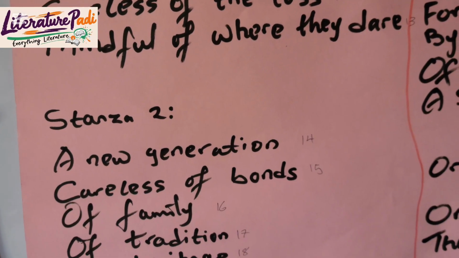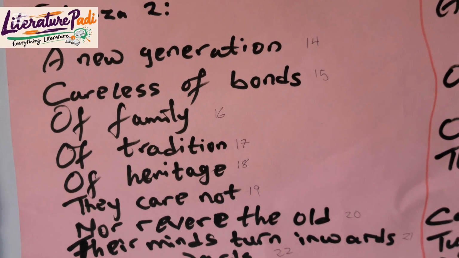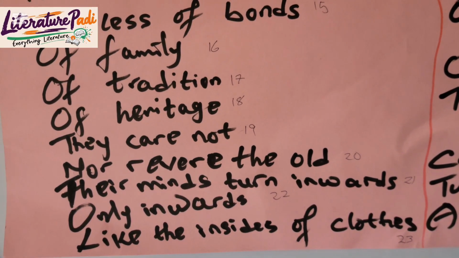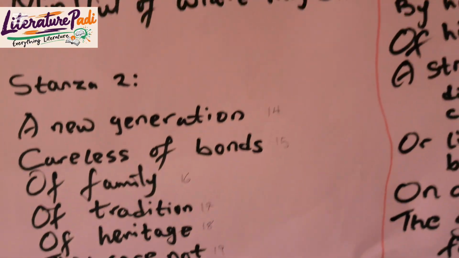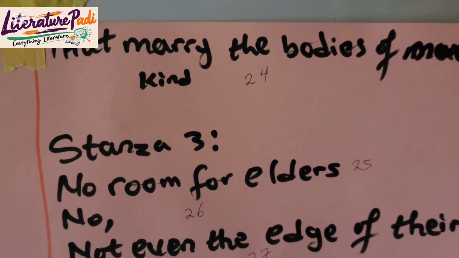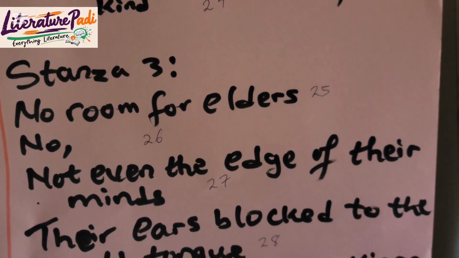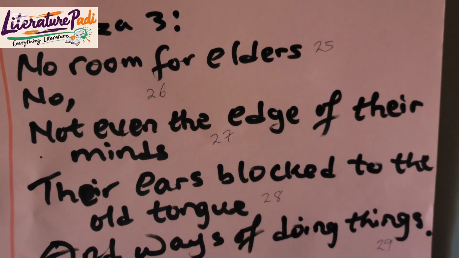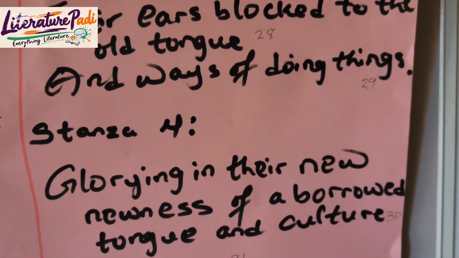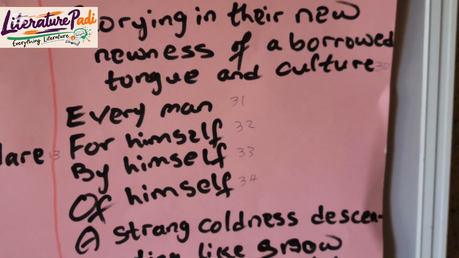the new generation, careless of bonds, of family, of tradition, of heritage. They care not, nor revere the old. Their minds turn inwards, only inwards, like the insides of clothes that marry the bodies of mankind. No room for elders, not even the edge of their minds. Their ears blocked to the old tongue and ways of doing things, glorying in their new newness of a borrowed tongue and culture, every man for himself, by himself, of himself, a